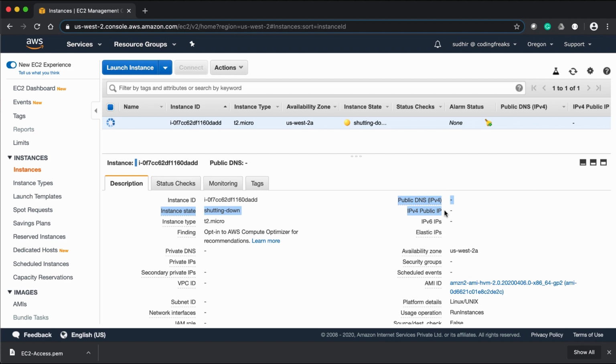Do remember this thing. If you're storing your command somewhere and want to connect to your instance whenever you want, in that scenario you have to verify before connecting to that machine whether the public DNS and public IPv4 are the same or have changed. If it has changed, then you have to update it in your command. This is how we can run an EC2 instance with an AMI, with storage, and define a security group, stop it and terminate it.